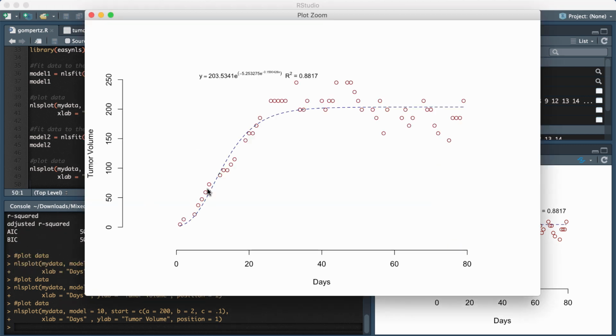So now you can see that the Gompertz model, which is sigmoidal in shape, much better fits the tumor cell growth. You see that it's capturing the rapid growth in the beginning and also the asymptotic leveling off towards the end, and it gives me the equation with the final parameter estimates. Now our variance explained, the R squared, is 0.88. So it's very close to 1, and you can tell just by how close the points are to the actual model that the model is much better capturing the population growth for tumor cells.